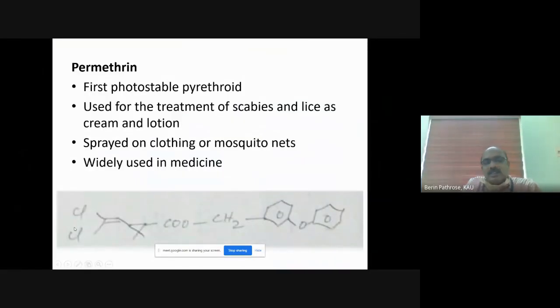So permethrin. One more thing, it is for persons working in, say, battlefield, soldiers and all. They can't use mosquito repellent, mosquito vaporizers and all, because they may not have electricity in border areas. So what DRDO is doing is they will impregnate permethrin in their cloth itself. So the cloth itself will act as a mosquito repellent.